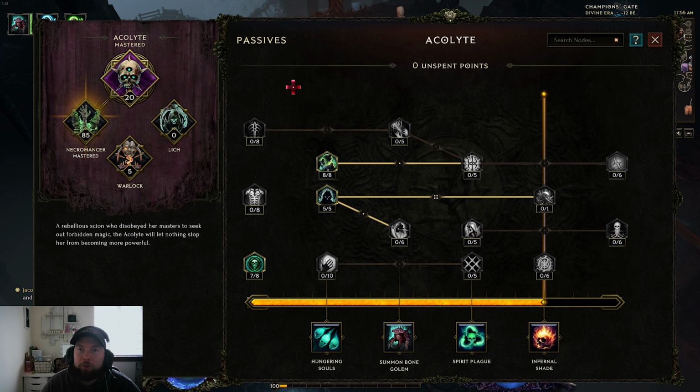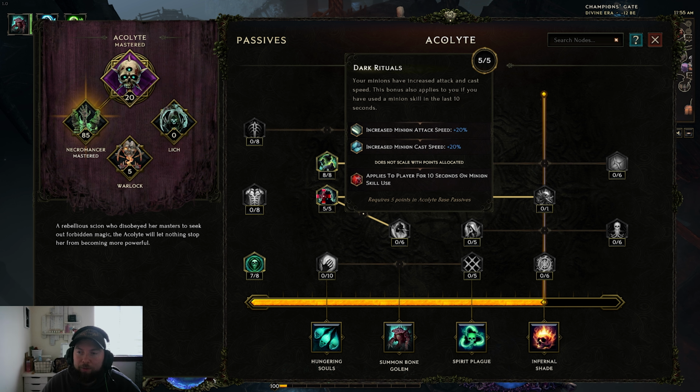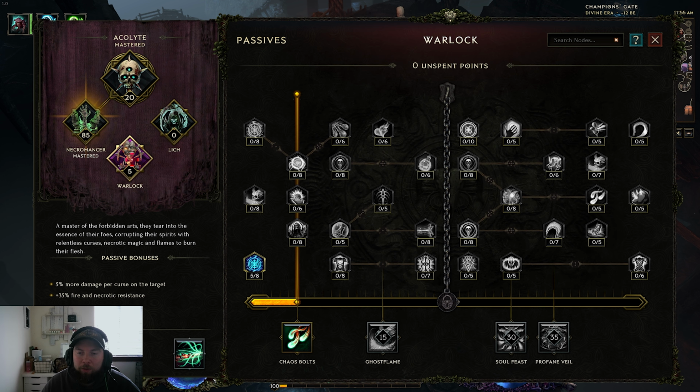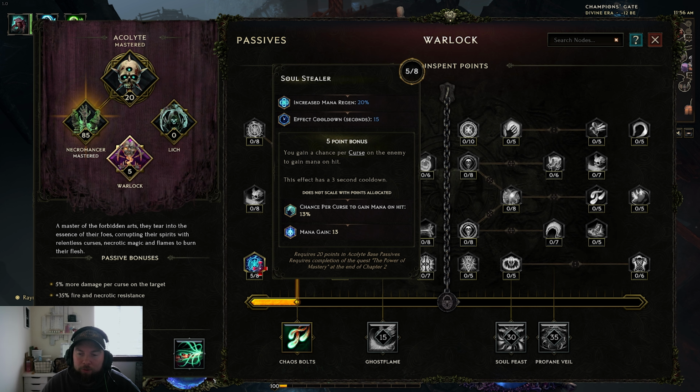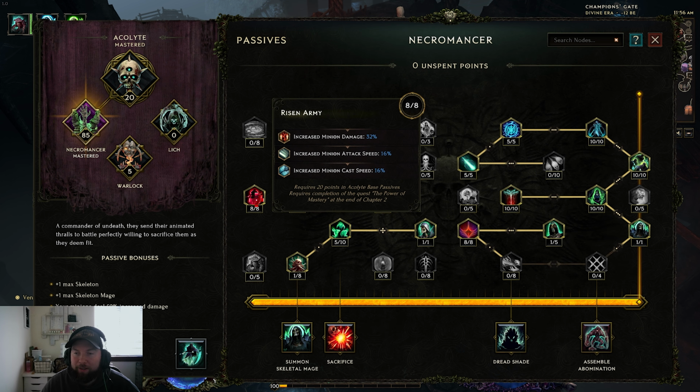For passives, we got 20 points in the base Acolyte with 7 points in Forbidden Knowledge, 5 points in Dark Rituals, and 8 points in Stolen Vitality. We then have 5 points in Warlock to unlock the Chaos Bolts with those 5 points in Soul Eater for the mana regen, and then 85 points in the Necromancer, which is our mastered class,